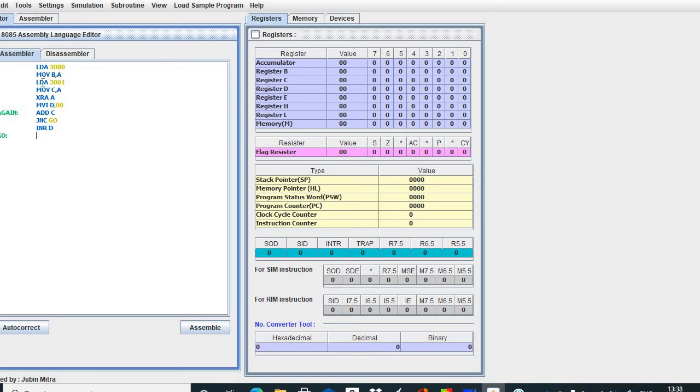Okay, then DCR B, again JNZ, again here the jump label.